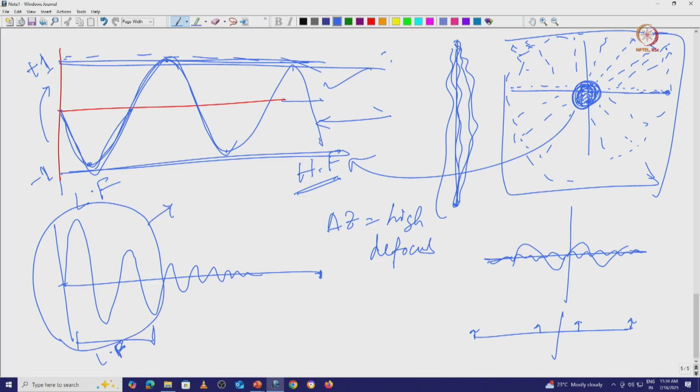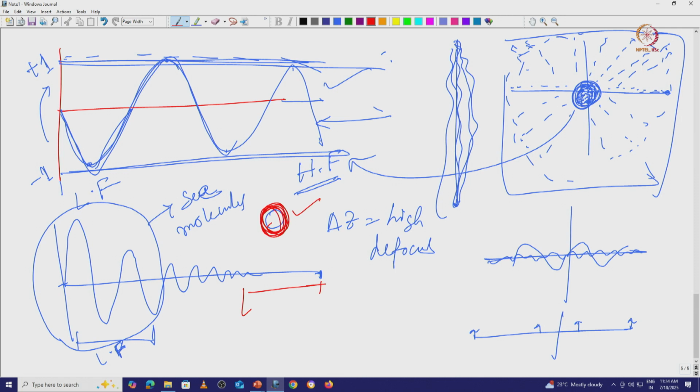So that will help you to see the molecules properly, because if this is your particle, outside of this molecule you will get a very thick fringe because of this high defocus value. That will help you to visualize the particle, but you are going to lose the high frequency signal. That is one of the drawbacks, right?